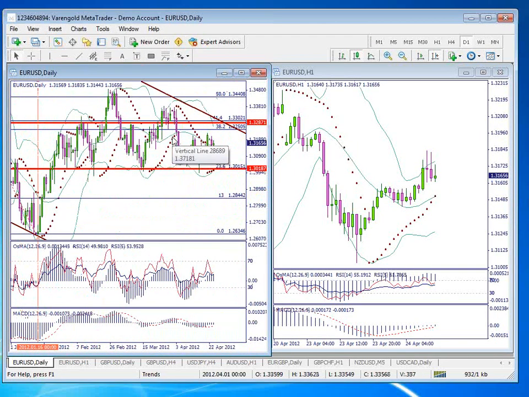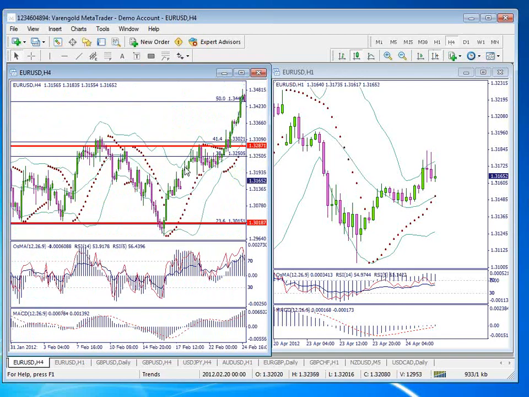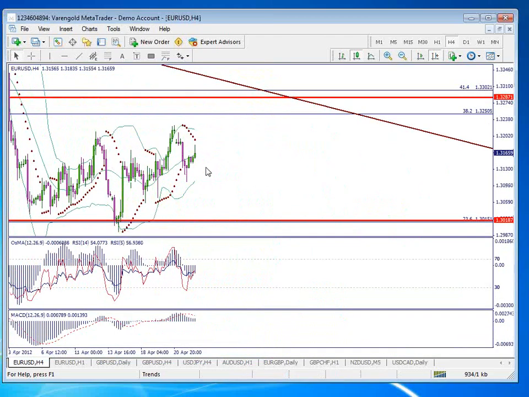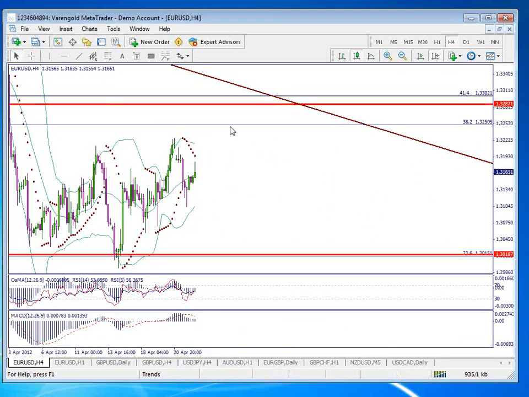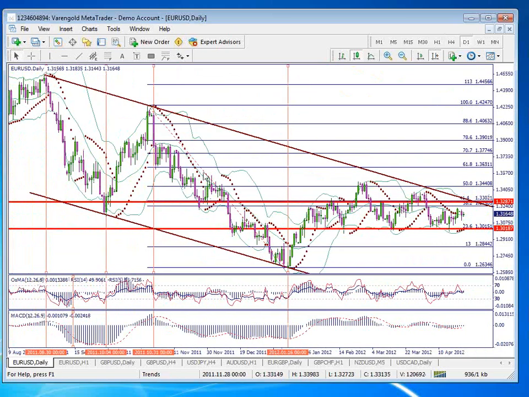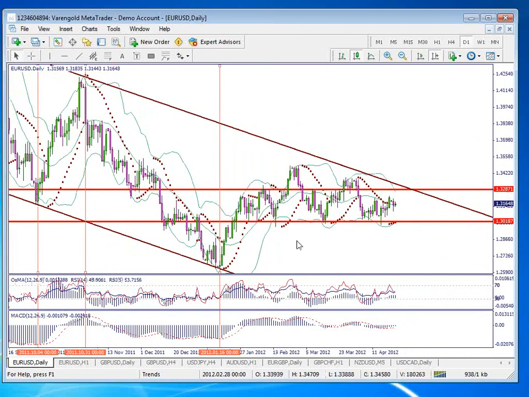I will go now into a smaller time frame. I will go on the 4-hour chart. Maybe for the moment it's okay if I have just one chart on the screen, because you will see the details better. I will also delete that Fibo that I have on daily, and for daily I just consider that